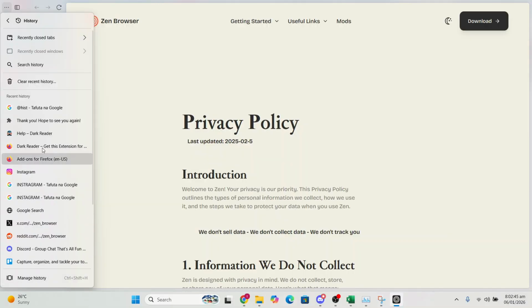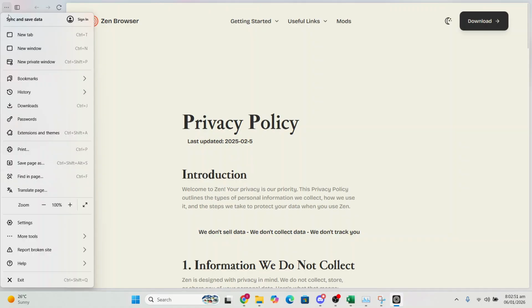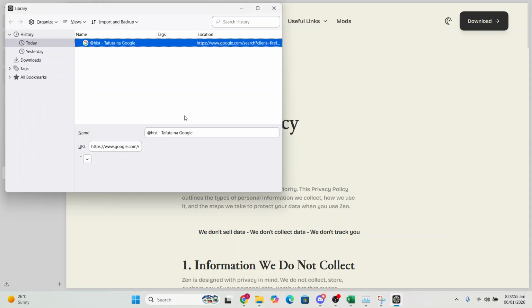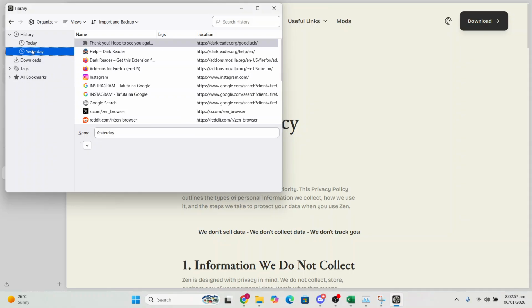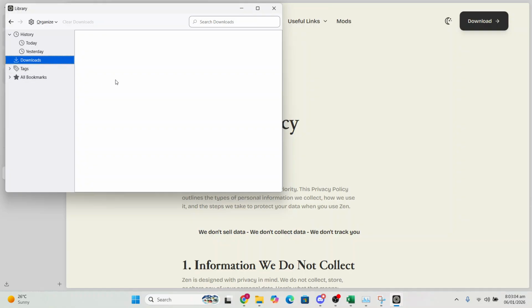on manage history or search history to see your full history list, as you can see right here, or you can just click on the other one to manage your history. And as you can see, we have it here for today, yesterday, for example, everything, including your downloads, tags, bookmarks,